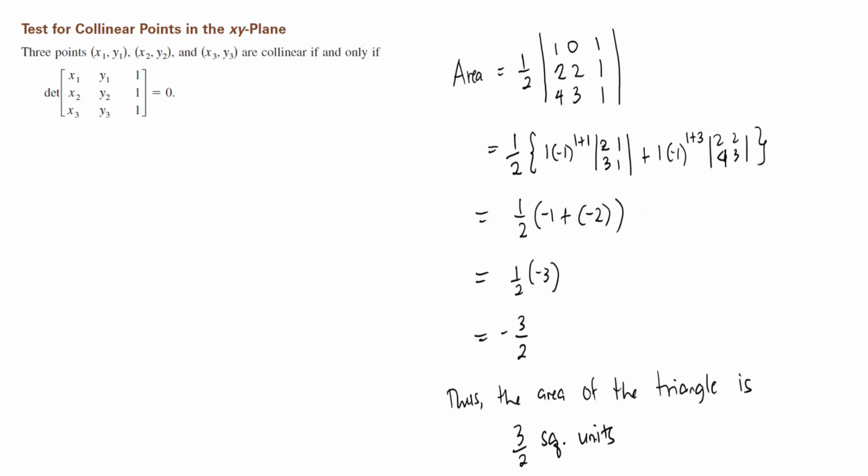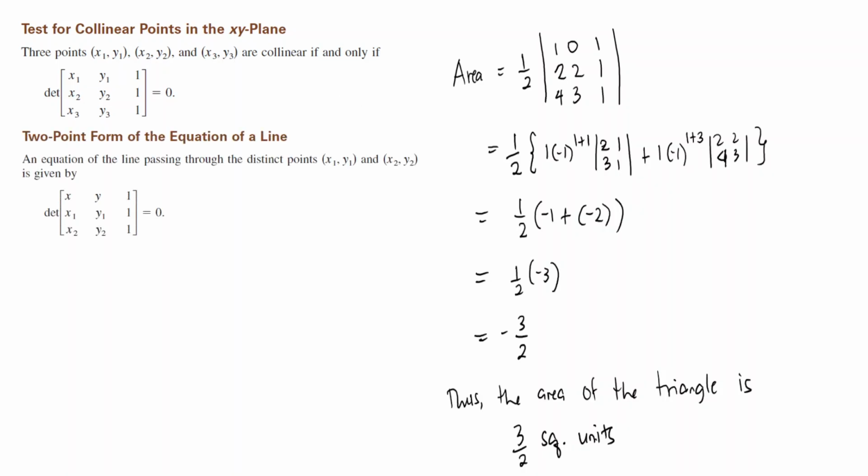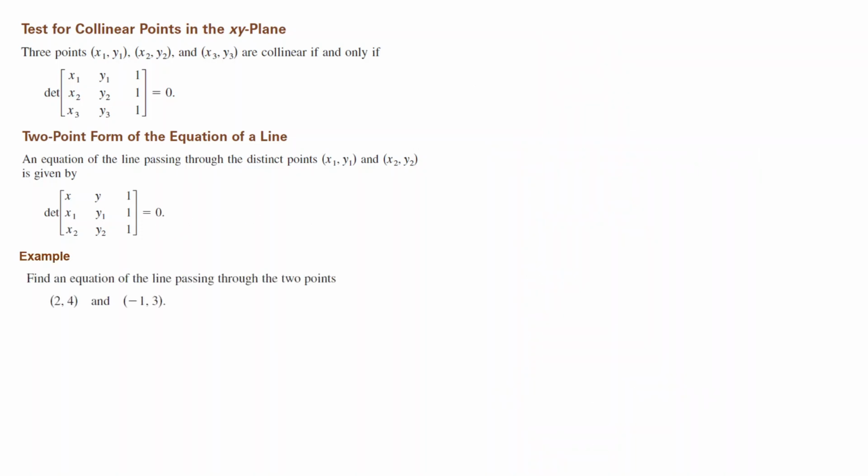Also, this test can be adapted for another use. Given 2 points in the xy plane, we can find an equation of the line passing through such points by solving the determinant of this matrix and then equating it to 0. For example, we have: